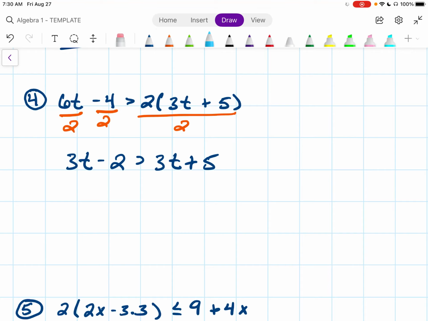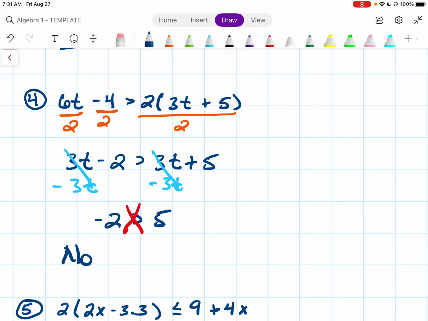Now I'll subtract my t's, subtract 3t, subtract 3t. They cancel, and we're going to be left with negative 2 is greater than 5. Well, that doesn't make sense. Negative 2 is not greater than 5. It is not. So we would say something like no solution,